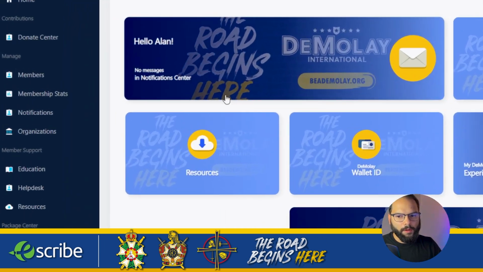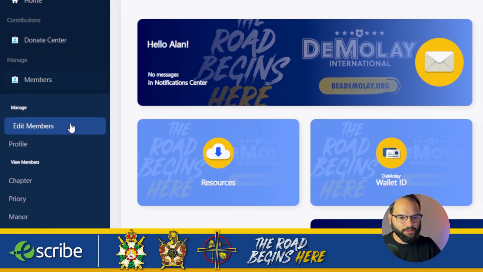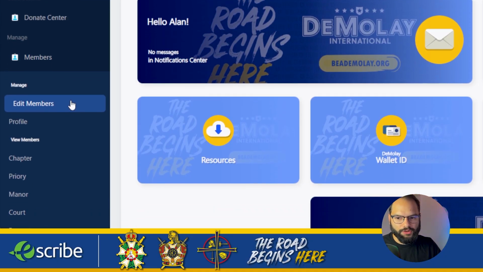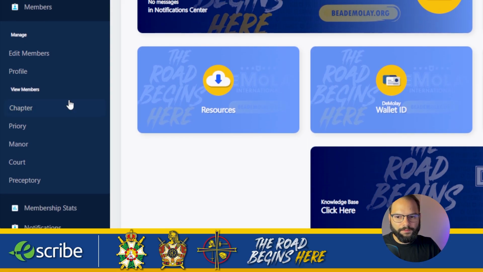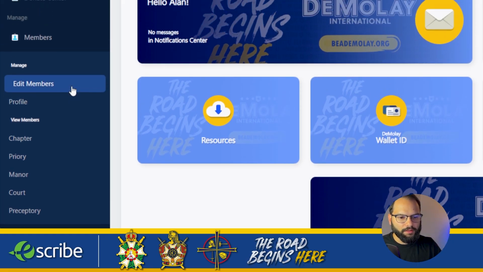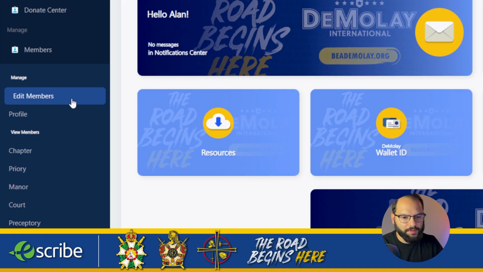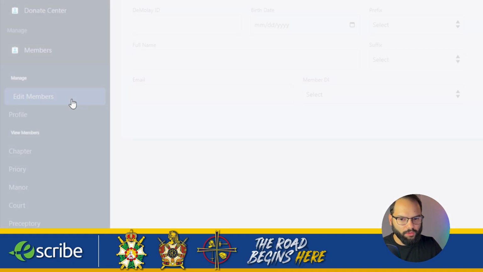When you search for a member, you will have the ability to see two categories. One you can manage, the other one you can view. So the view members is for people who don't have all kinds of privileges. They will be limited to a certain information that they can see. The EO will have the edit members, and that's where he can see more information and then grant those privileges